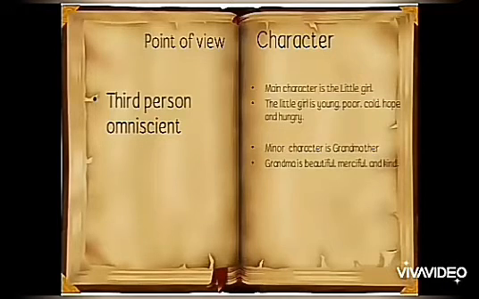Next is point of view. In this story, the narrator used the third person omniscient point of view. Because in this story, the narrator sees all, much as an all-knowing God of some kind. He or she sees what each character is doing and can see into each character's mind.